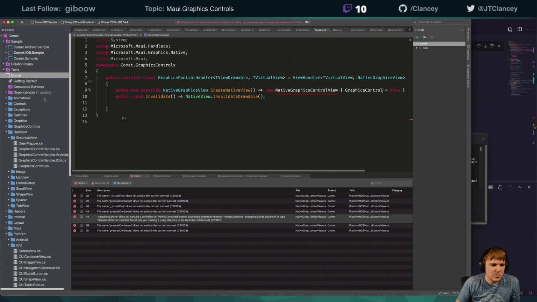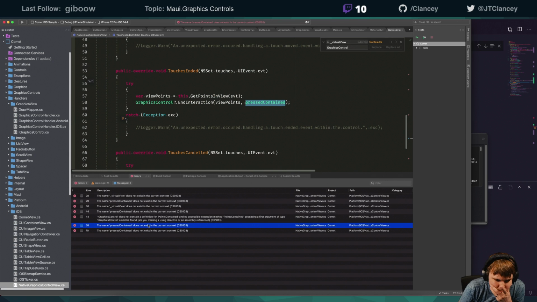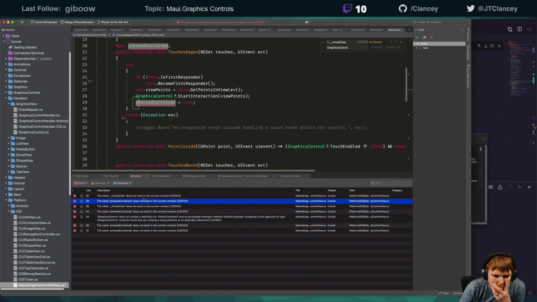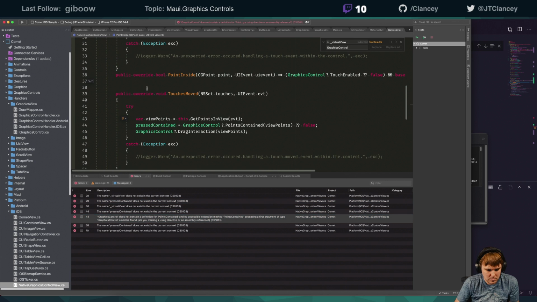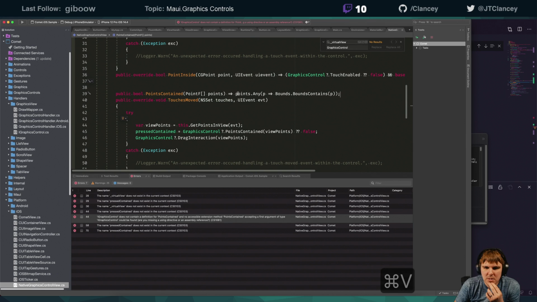Graphics control. Where is it complaining about? So bool points contain equals